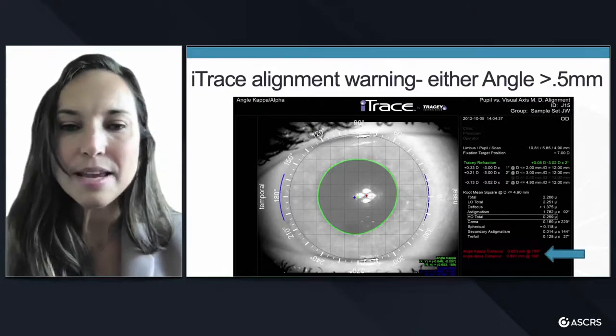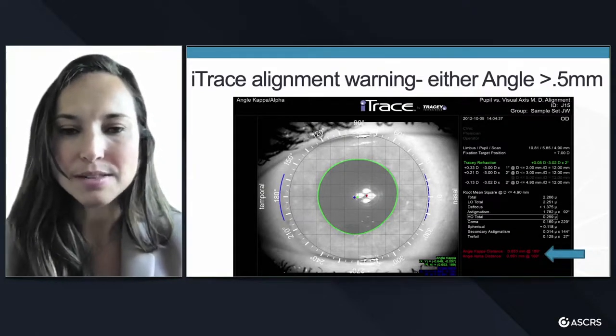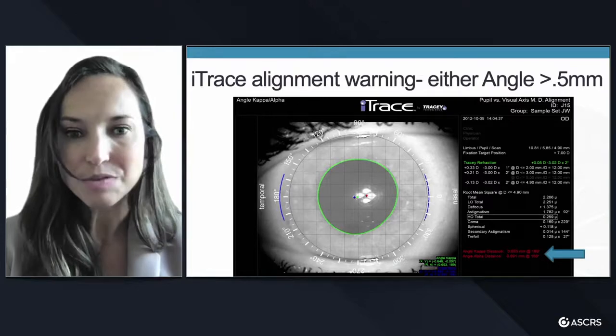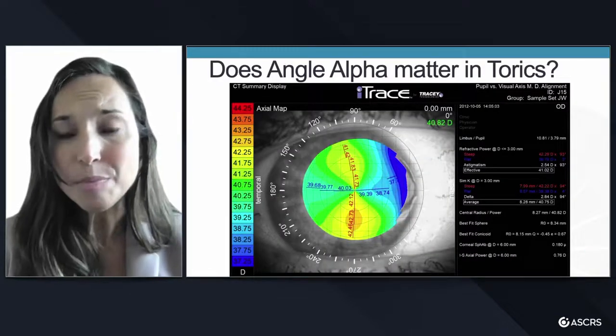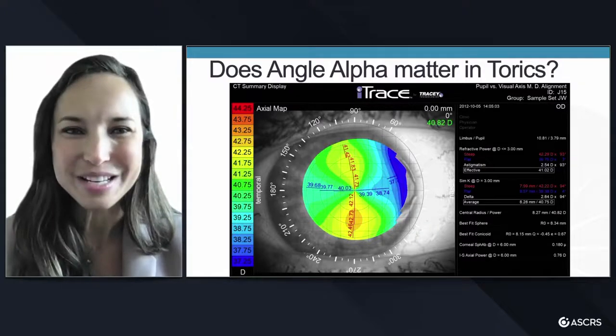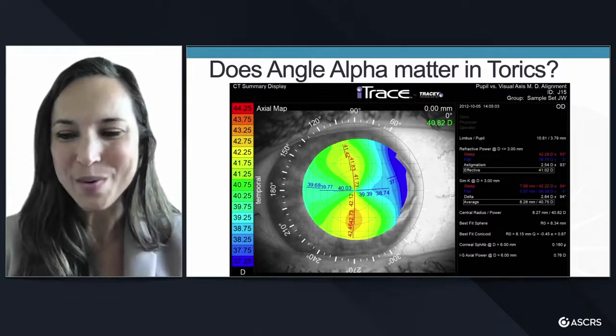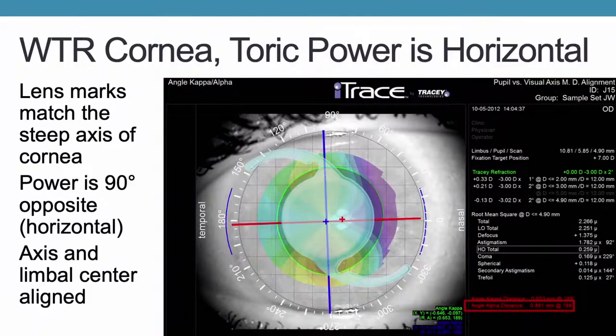But this is what we see. Again, the green is the pupil center, blue is our OC, the optical center, and the red is our visual axis. Here it's pretty significant, right? And this is a patient that has with-the-rule astigmatism. Does it matter for this patient if this patient is having a toric IOL? Well, for with-the-rule astigmatism, remember that the power of a toric lens is 90 degrees away, right? The power of the toric lens is in the horizontal position. So for with-the-rule, actually it doesn't matter, right? Because the power is there,